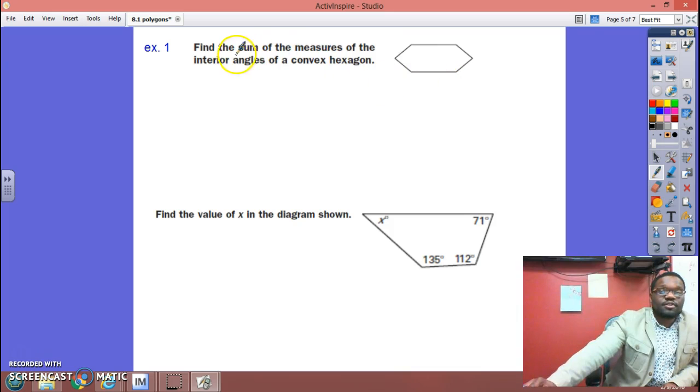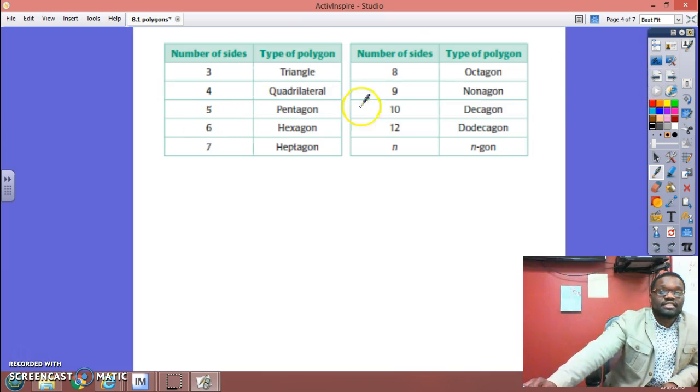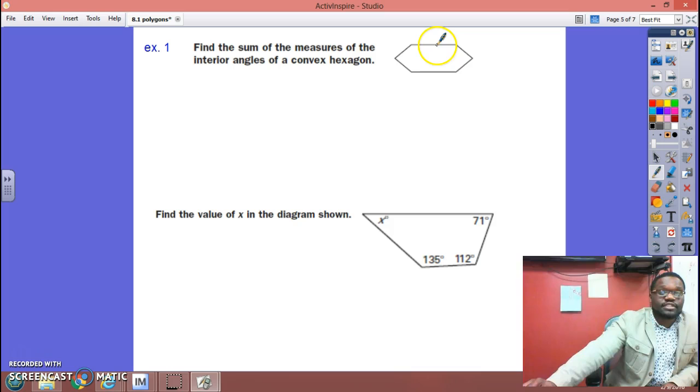Now, find the sum of the measures of the interior angles of a convex hexagon. Hexagon, 6 sides, and just in case you didn't know that, you can just count 1, 2, 3, 4, 5, 6. So you got 6 sides, and so let's take a look and see if we can figure out